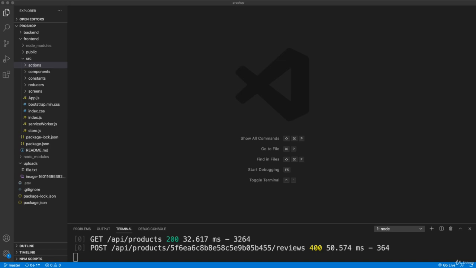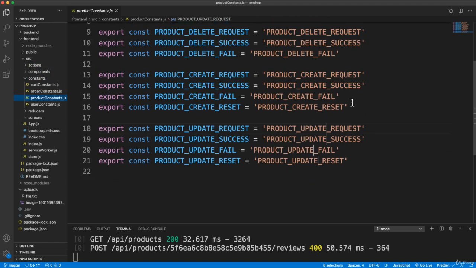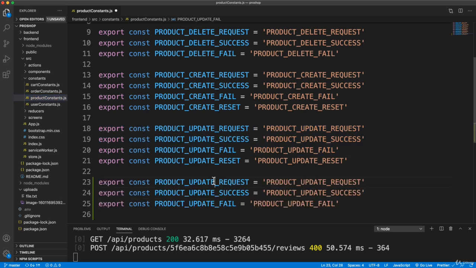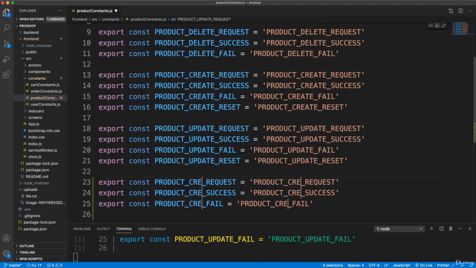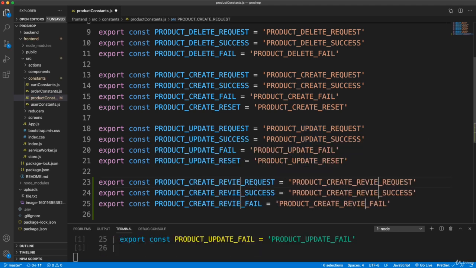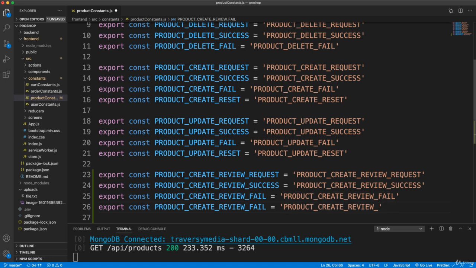Okay, so in the last video we created the backend functionality to add a product review, so now we want to add it to the front end. So let's start off in constants. Let's go to our product constants, and I'm going to grab these here, and let's call this product, and let's change update to, let's say, create underscore review, and we'll go ahead and save that. Actually, we want to reset too on this. And then we want to